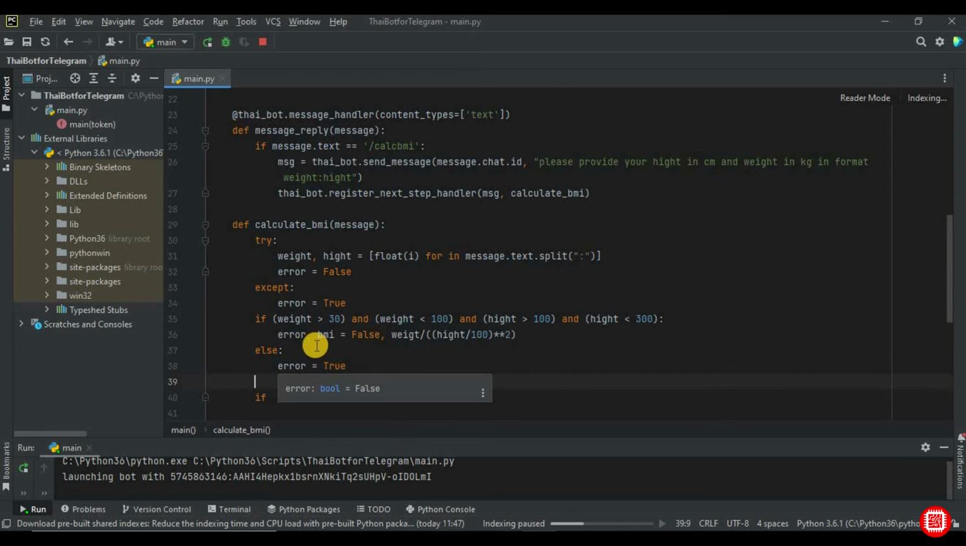Let me explain first what I have done here. I don't take into account people who have height less than 100 centimeters, weight less than 30 kilograms, and weight more than 150 kilograms. If the user gives us input that differs from these conditions, it causes an error and the program will not calculate BMI and returns a corresponding message. But if the input satisfies all conditions, we will calculate the BMI and set the